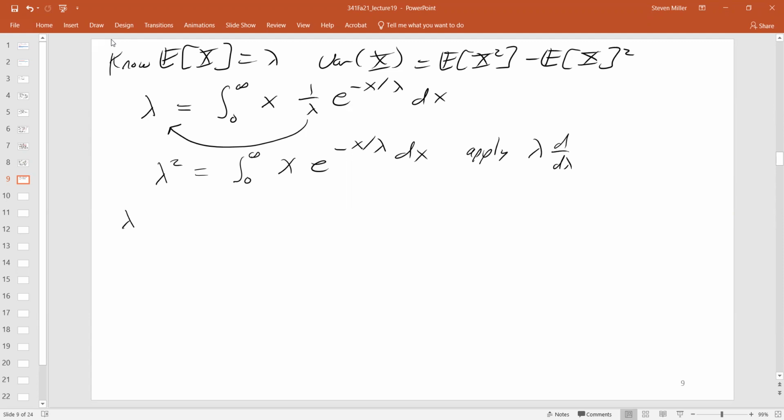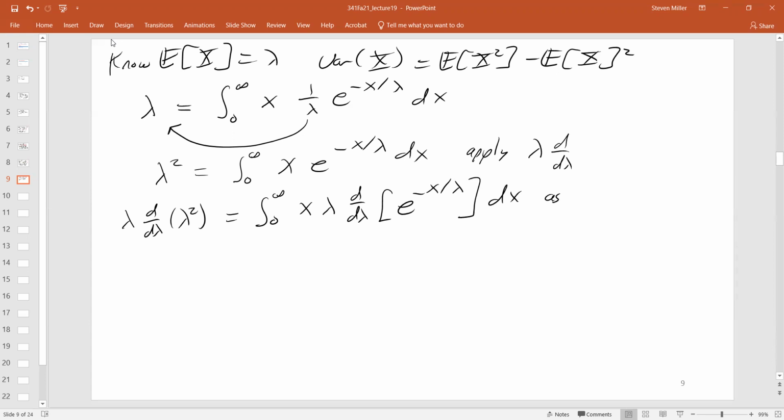And so we have lambda d by d lambda of lambda squared is equal to the integral from 0 to infinity of x lambda d by d lambda e to the negative x over lambda dx, as the derivative of the integral is the integral of the derivative. Okay, so the derivative of lambda squared is just